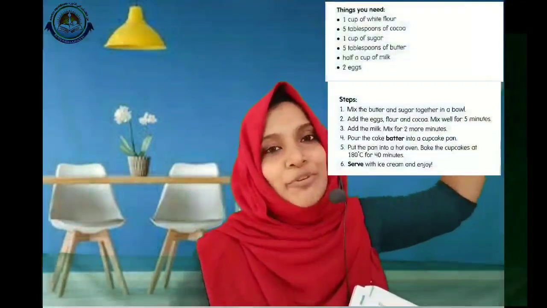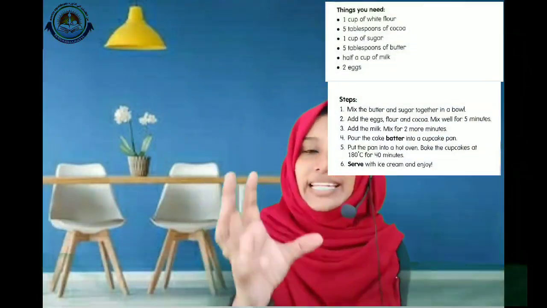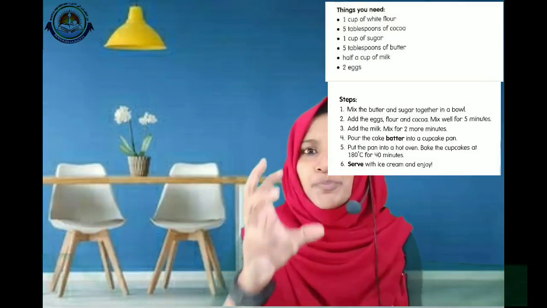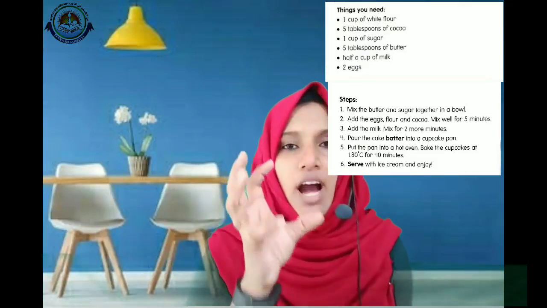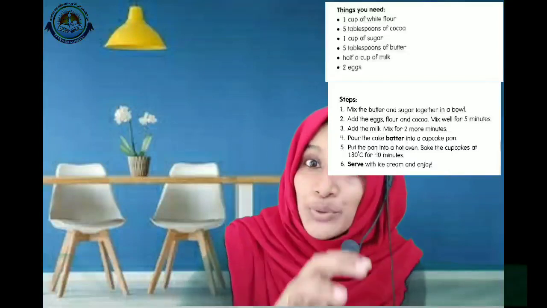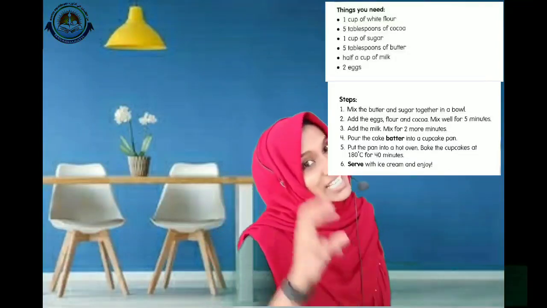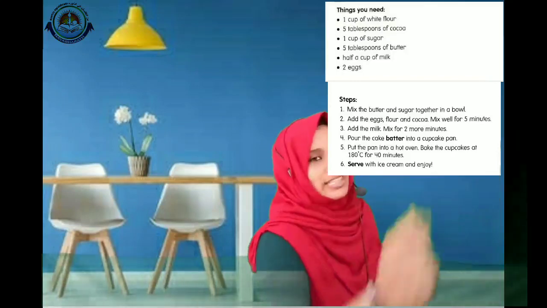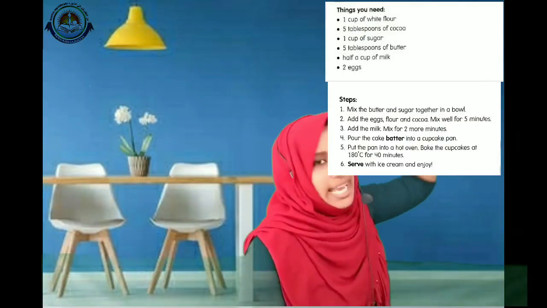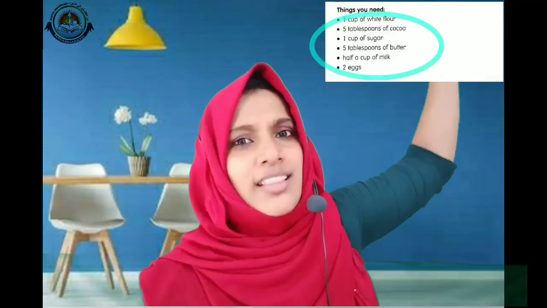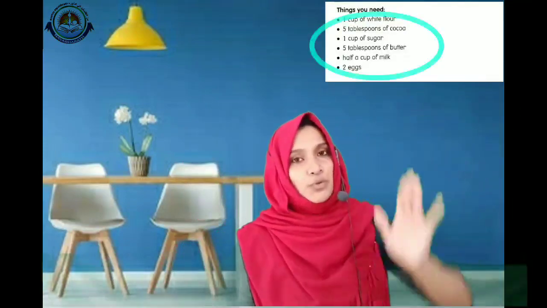So with the help of these 2 parts, we will get the idea about how to put things together, how much we need and when to use these things. So these ideas we will get with the help of these 2 parts, ingredients and steps. Ingredients means the things, the food items which we need to make the food. So a recipe tells us how to make food, how to prepare the food. So dears, now let's make a simple recipe.